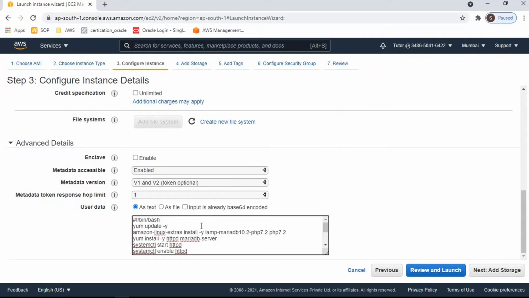This is the script that we are going to execute while the instance boots up. First we are running yum update. After that we are installing packages like the LAMP stack with MariaDB, and then we enable HTTPD and start the service. After that there is a modification of the user, the Apache group, where we change the privileges of the user, and we change the permissions of the files under www. Then we create the file phpinfo.php.